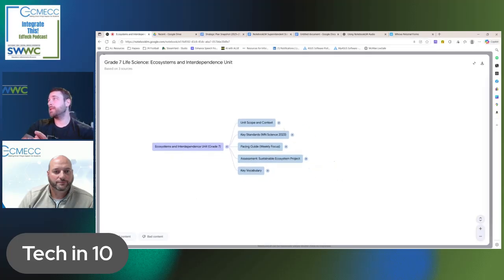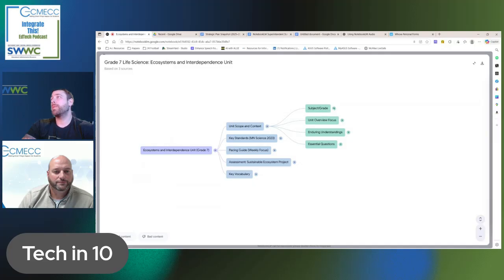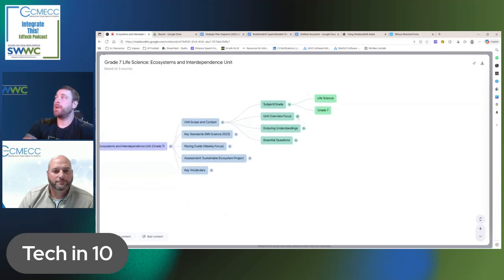Then really what we're getting into is expanding these different pieces. If we're talking about this ecosystems and interdependence unit for grade 7, then we can start to look at unit scope and context. What pieces are part of that unit scope? We know that when we looked at the curriculum guide, we pulled it up on the left-hand side. This is where that's drawing from. So you've got your subject and your grade here. You've got the unit